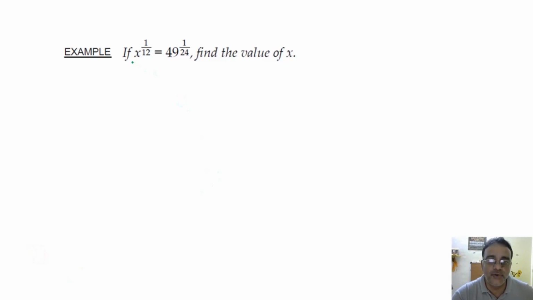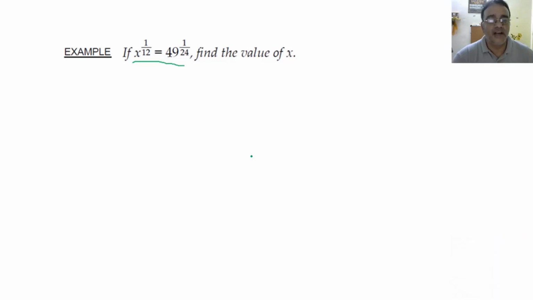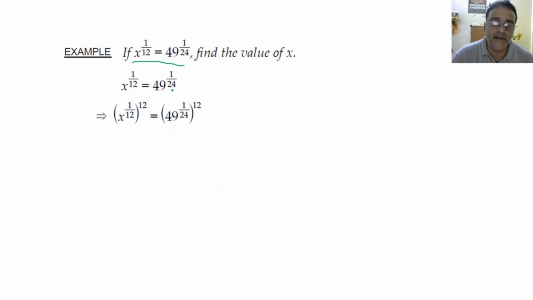Now what you have to do for this? What will be your first step? अगर इक्वालिटी में दोनों का बेस सेम है, you can compare the powers. If the powers are same, you can compare the base. So यहाँ पे x base है. So what we will do, we will take to the power 12 on both sides. ठीक है, दोनों साइड 12 का पावर ले लेंगे ये 12 हटाने के लिए. Very simple question. Again, which property we have to use for multiplying the powers?